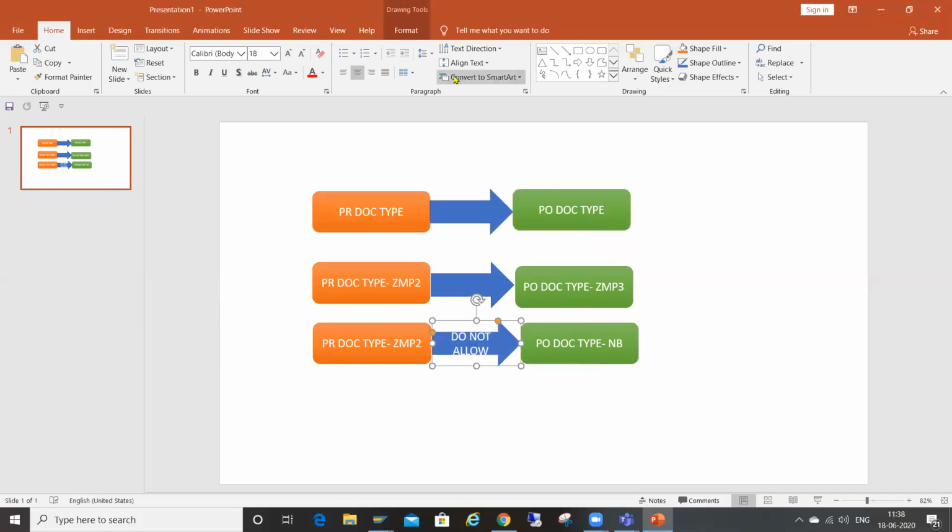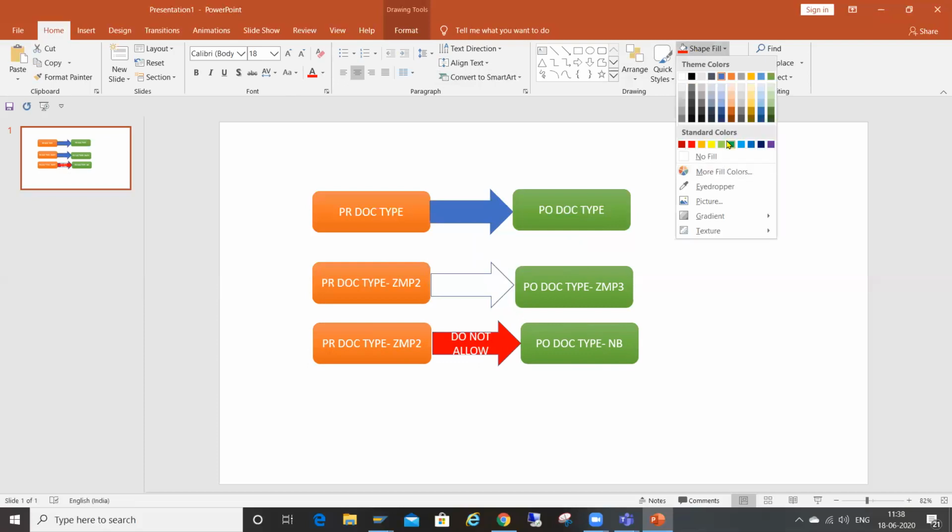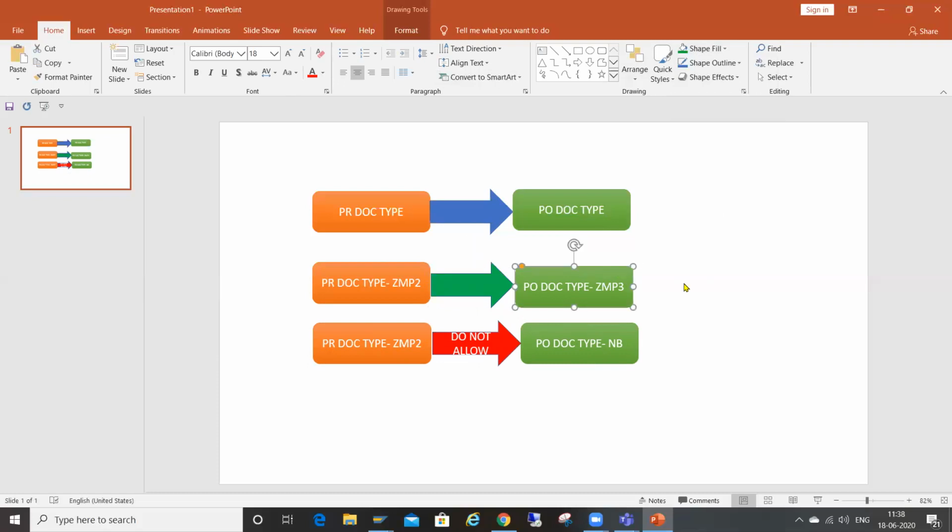This combination should not allow. This combination should allow. Okay, so this is the business requirement. If I create a PR for ZMP2, I should create a PO only with some document type.